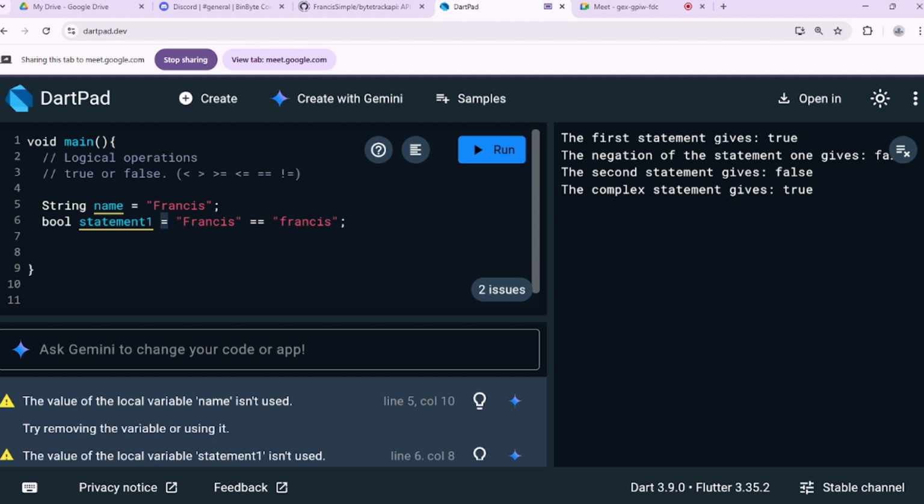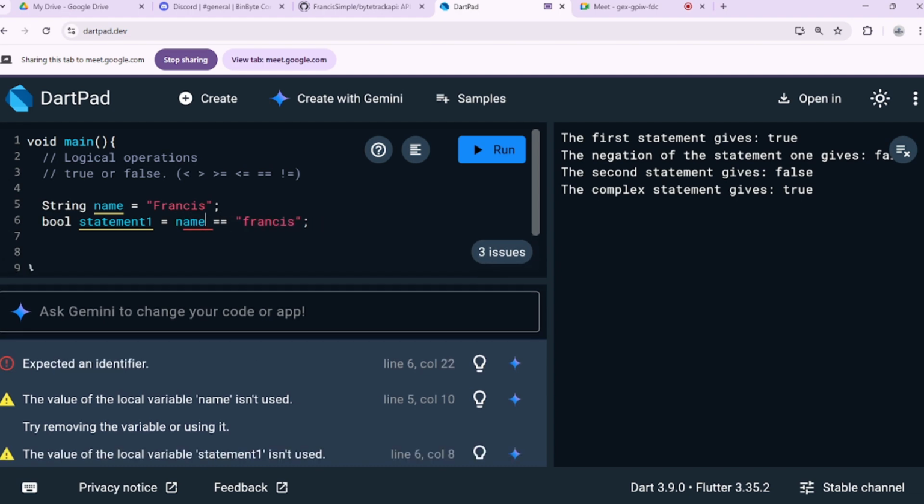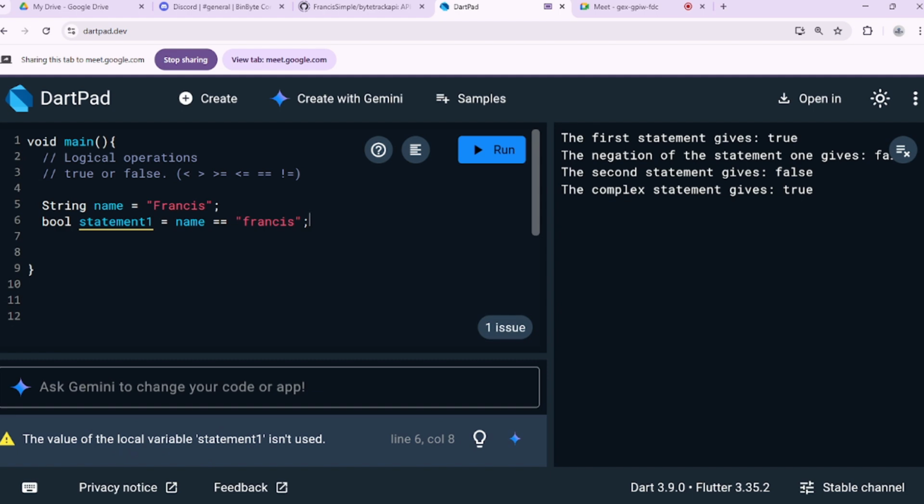So what I'm going to do is see if name is equal to Francis. Because name is the name I put here, right? We can see this name. So I'm going to say if that name is equal to Francis, with small f. The actual original name has a capital F, Francis, but the one that we have here is